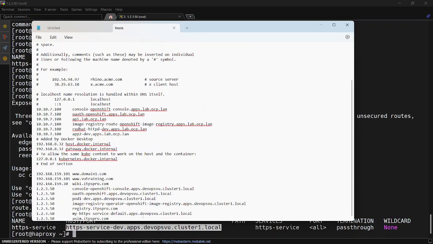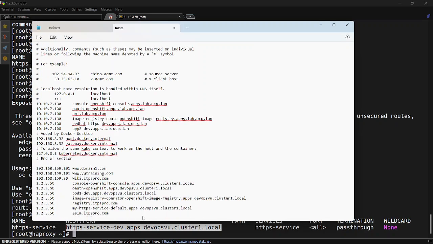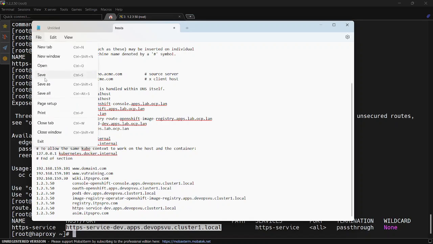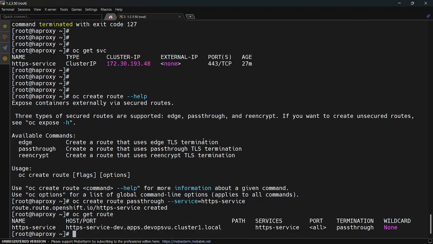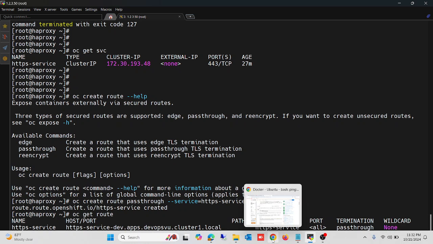So here I will just need to move this, and from my browser